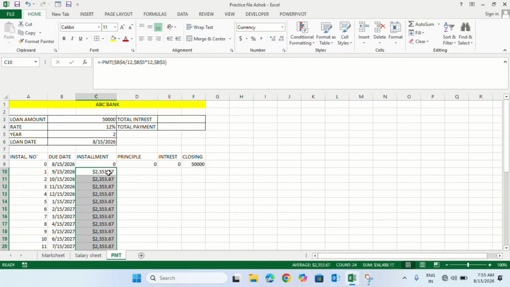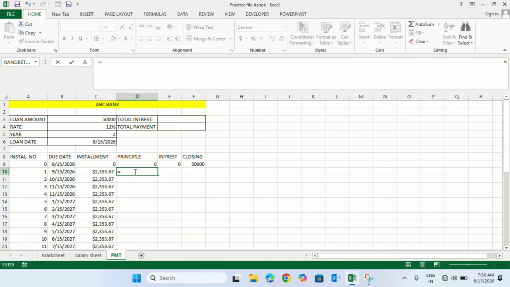You can see, as you all know, installments means our EMI is the same in every month, and after that we will find the principal. For finding the principal, we use EMI and our interest. How much does our EMI actually reduce the loan? For this we use PPMT. It is called the principal. For finding this, we use equal, PPMT, PPMT open